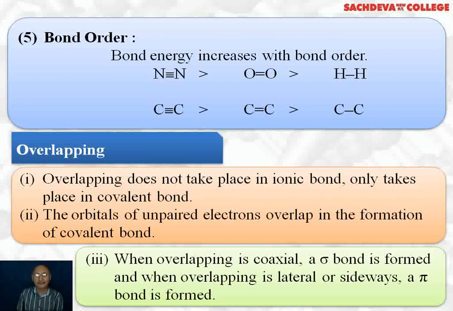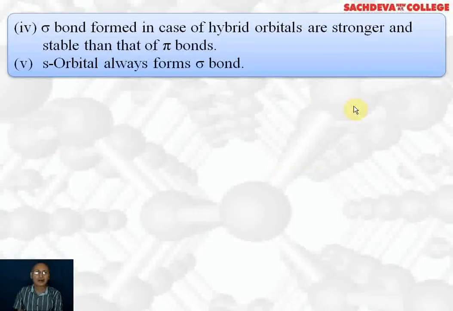But if overlapping is lateral or sideways, it is called pi bond. So if sideways or lateral overlapping takes place, in which effective overlapping is less, a pi bond is formed. Sigma bond formed in the case of hybridized orbitals are stronger and stable than that of pi bond because extent